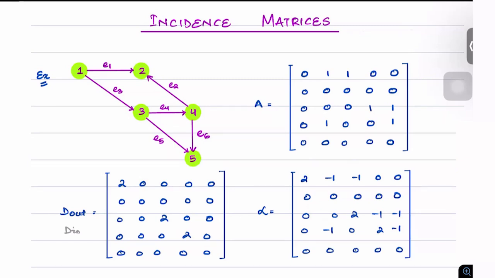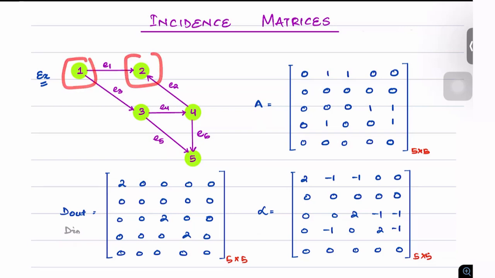Clearly, the matrix A has a dimension of 5 cross 5. Now, why 5 cross 5? Because there are 5 nodes here. Again, the degree and Laplacian are derived out of the adjacency. Hence, they also have a dimension of 5 cross 5. Meaning, all of these matrices, adjacency, the degree matrices, and the Laplacian are derived out of the properties of the